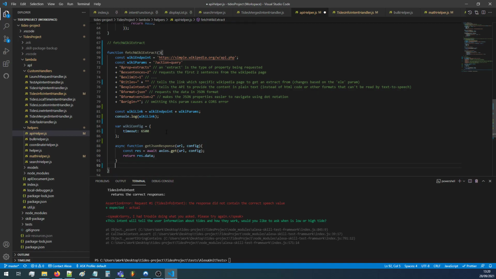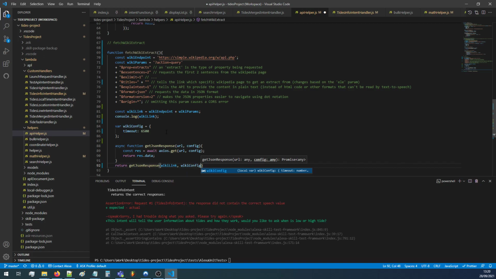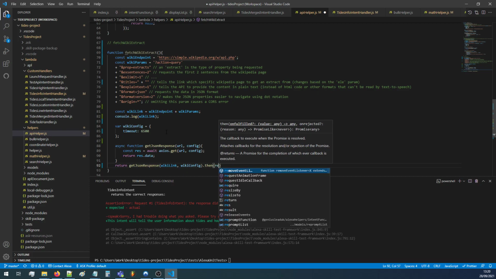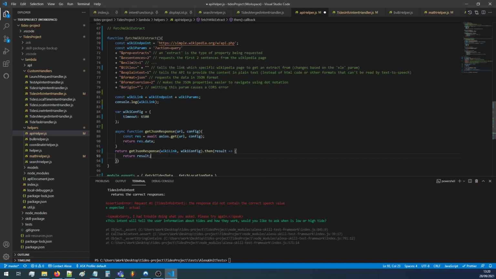So next we need to return, and we're going to return getJSONResponse, the function we just made, and the parameters are going to be wikiLink instead of URL, and wikiConfig instead of config. And because that function is asynchronous, we can do .then, it's just so it goes in order, I guess. .then result arrow function return result. So that's pretty much all you need, essentially, but you can also do .catch, and this is recommended